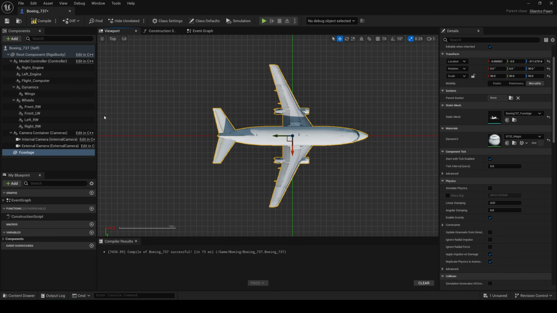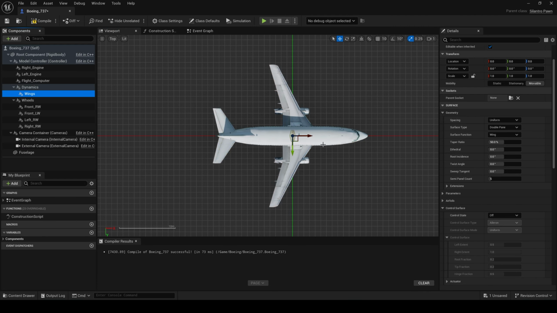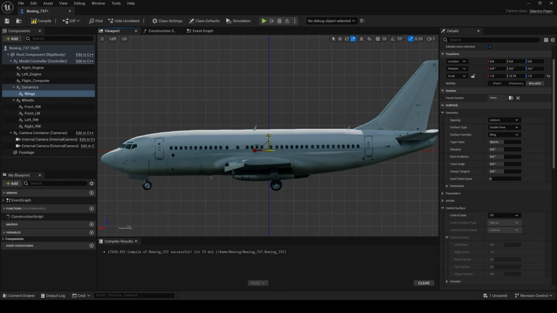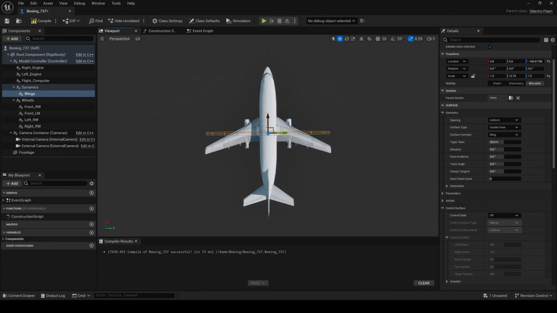And then I can scale this to match my aircraft. Yeah, roughly around there. And then in left view, it needs to come down a little bit. If I go back to perspective,